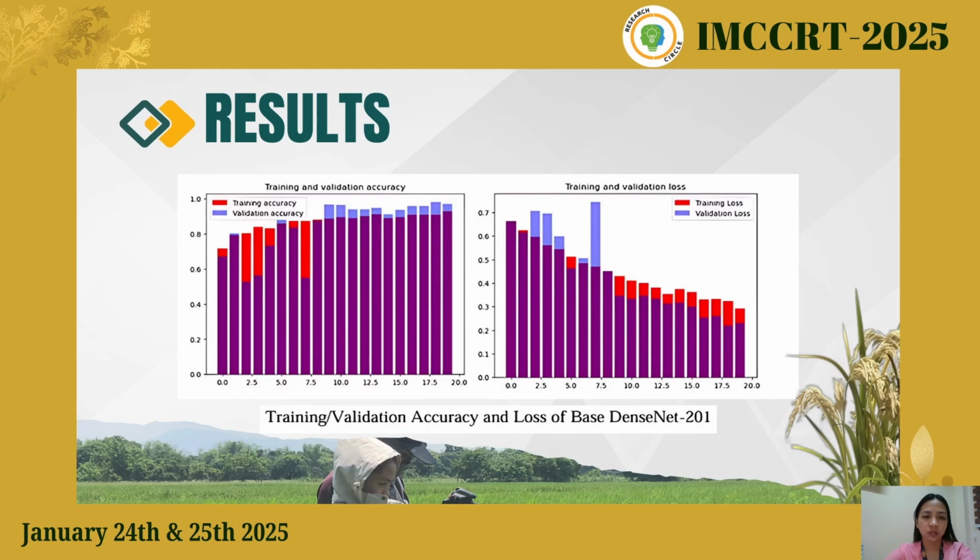This figure illustrates the learning process of the base DenseNet-201 architecture. It demonstrates that the validation accuracy surpasses the training accuracy, while the validation loss is consistently lower than the training loss. So the graph indicates that the model shows unstable loss. Fluctuating training and validation losses are a strong indicator of overfitting. Next, we have the